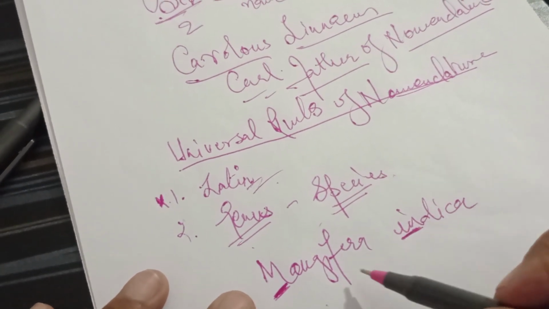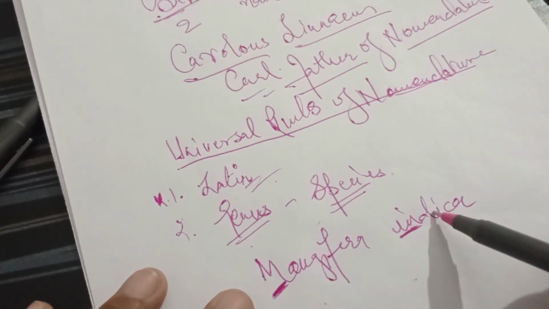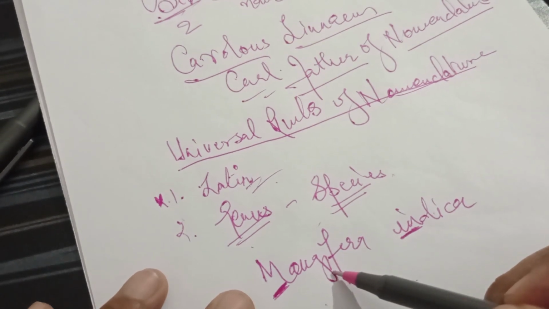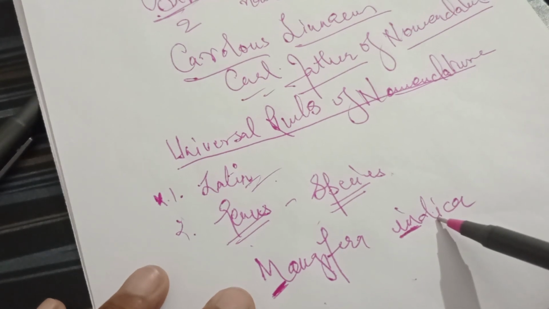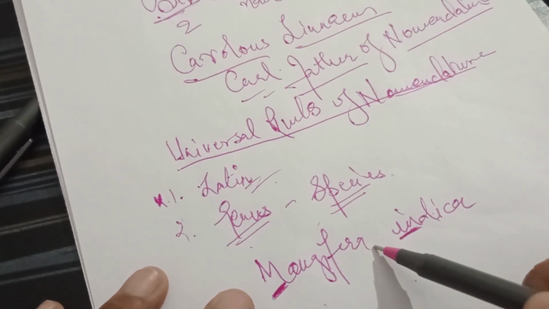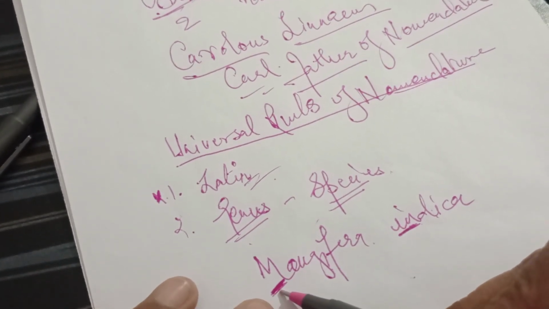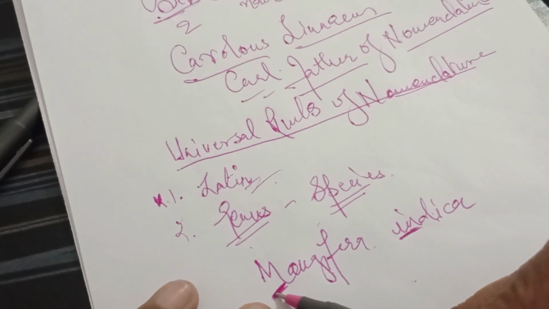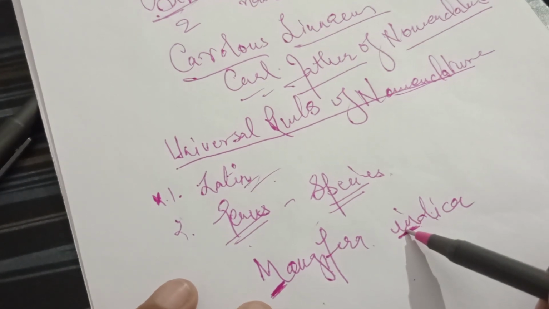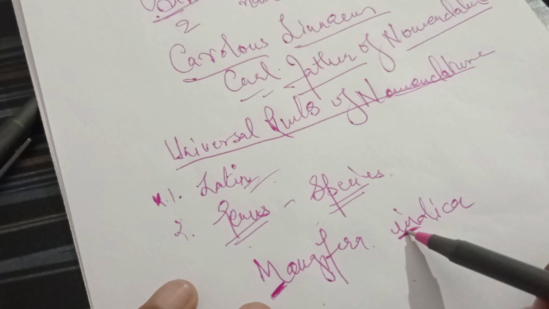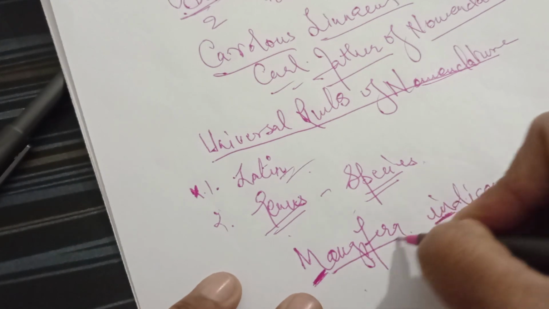Remember it. A scientific name, binomial nomenclature, means an organism having two names. First is the genus name, second is the species name, and there is a rule of writing this name. The rule is that both the names have to be written separately. Number two, the first letter of the genus name is always written in capital. The first letter of the species name is always written in small. And one more important thing, these two names are underlined